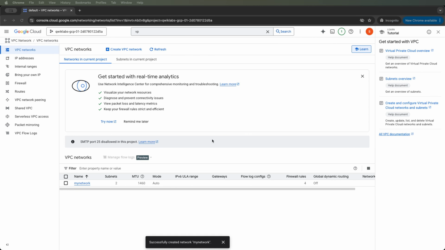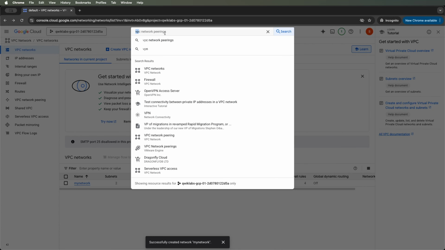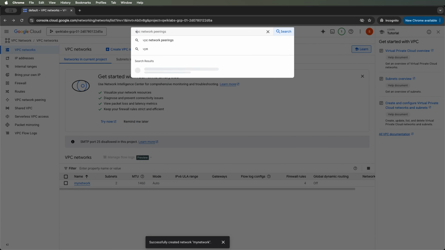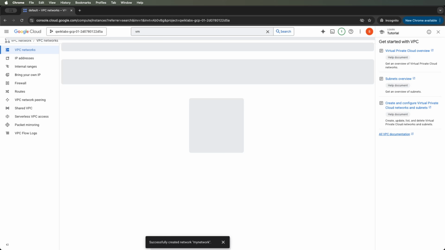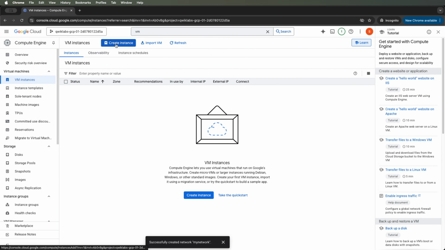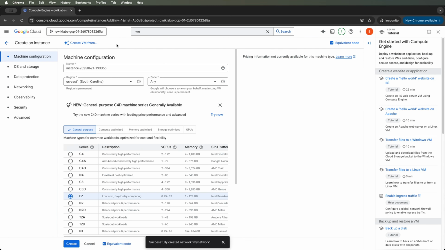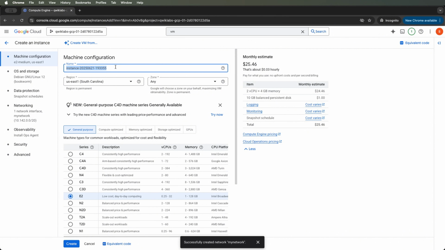Now that we have created our VPC network again, let's spin up 2 VM instances in different regions. Now go again to VM, hit the Create Instance button, change the instance name to whatever you want,